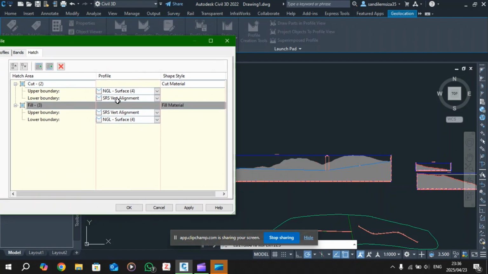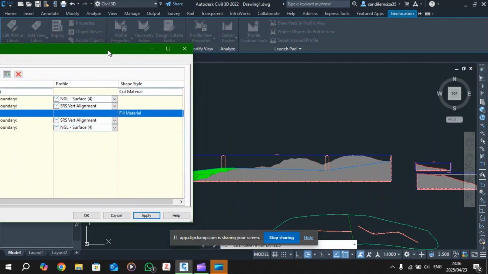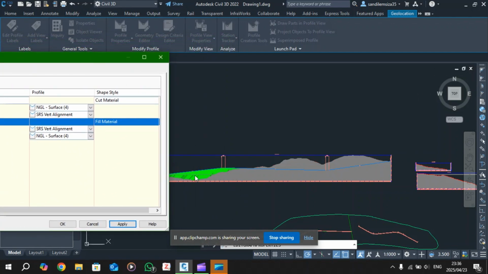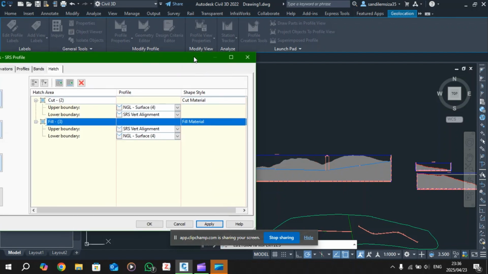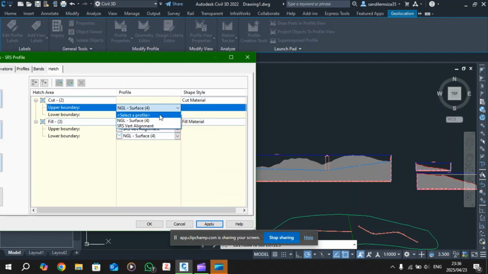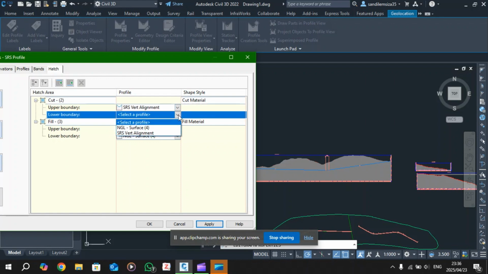So upper boundary is your ground line, lower boundary is your road alignment, and then for fill area or fill material, it's vice versa. Let's see if we hit apply. So this should actually preview. Okay, so it previews. So far it's previewed the fill. The fill is in green, and then your cut is supposed to be in red, but I do not see it here. Let's see if we change these two for cut. So if I say apply,